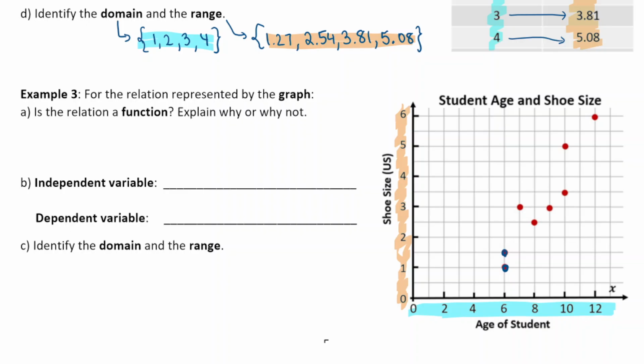I'm going to write their coordinates down. I have one student of age 6. He or she has a shoe size of 1. And then I have another student of age 6, and they have a shoe size of 1.5. So this is not a function, because whenever you have an input value that's associated with more than one output, so an x value that has more than one y value associated with it, it's not a function. So no,